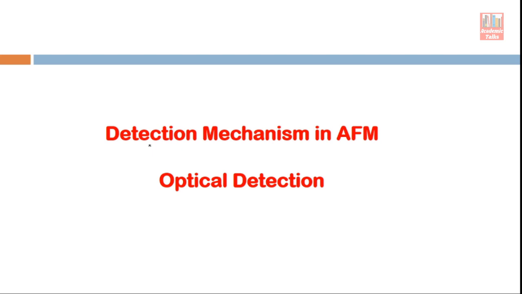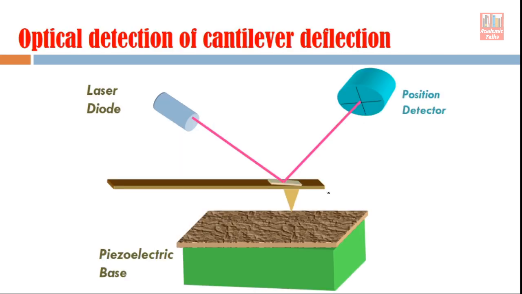So what we have to do now is develop a detection mechanism which can detect this upward and downward bending of the cantilever, and for that purpose we need an optical method. So let's see how that detection is implemented. That detection is implemented like this. In this figure, if you see this cantilever, this probe tip and this sample, all these are the same as before.